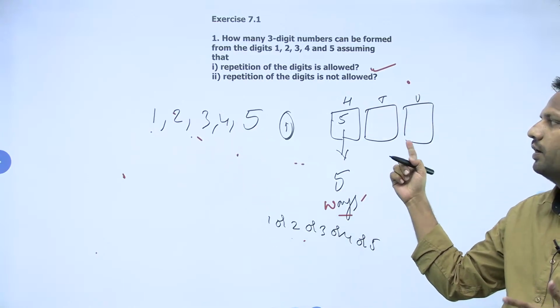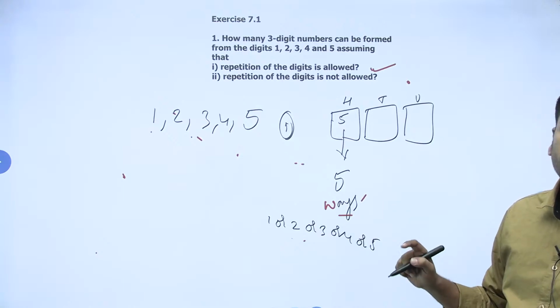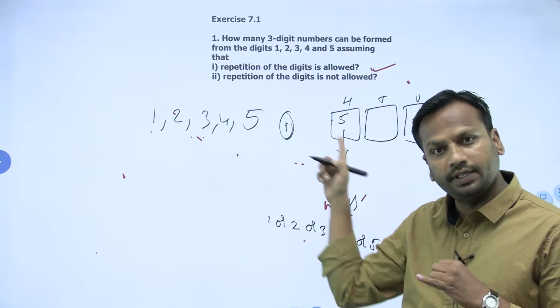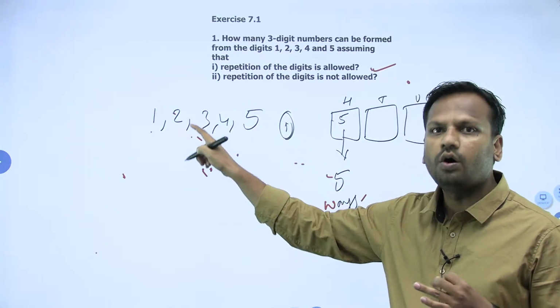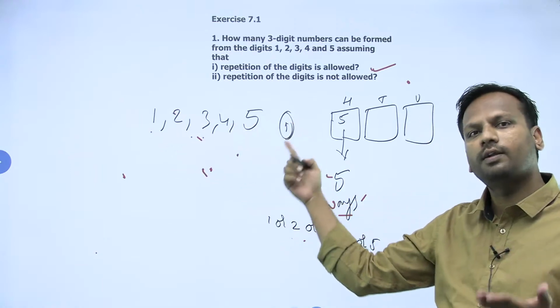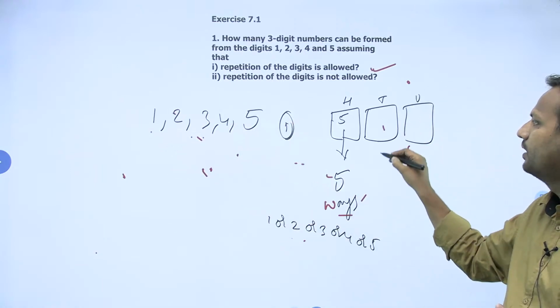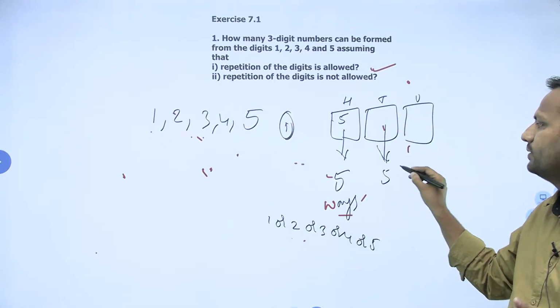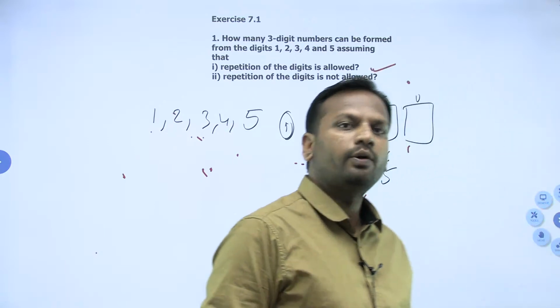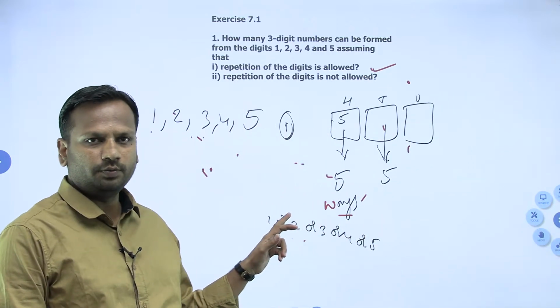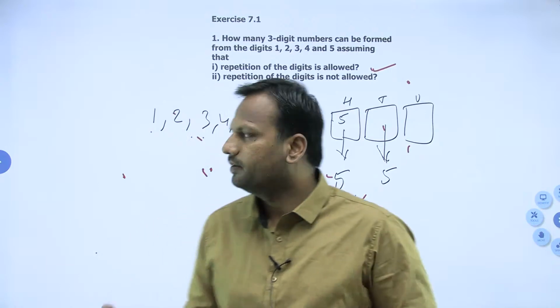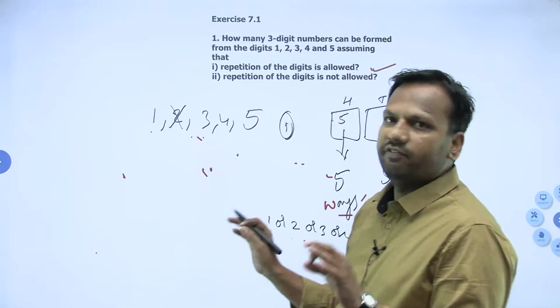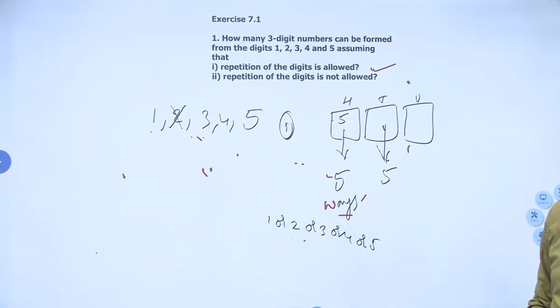Now again, in how many ways can I fill the tens place? Here I can fill the number 3 or 2 or 1 or 4 or 5. Again in 5 ways, students. Again in 5 ways I can fill it. Got it now? Now let me fill one of the elements here, 2. If I have filled 2 in the units place,